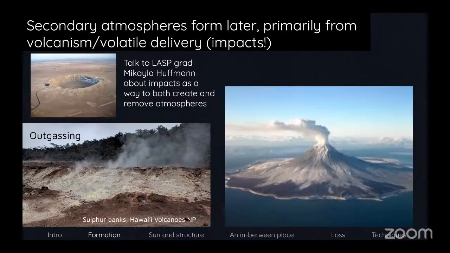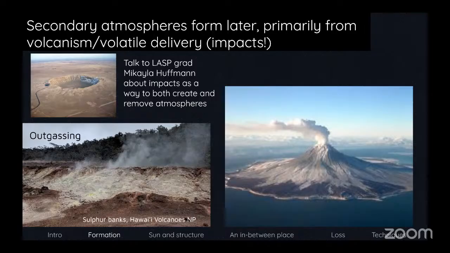When it comes to rocky planets and other planets that are usually a lot smaller, we tend to think of these as secondary atmospheres. So these are atmospheres that are not dominated by molecular hydrogen, and they've usually formed a different way. And the ways that we believe that they formed is primarily through volcanism or other volcanic-like outgassing activity, where stuff going on in the interior of the planet produces usually heavier molecules that can then release from the interior out to the surface and form a new atmosphere.